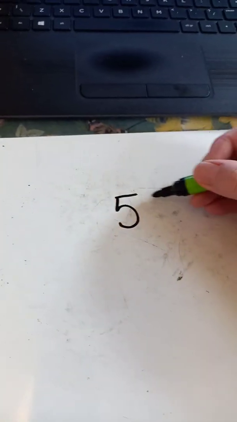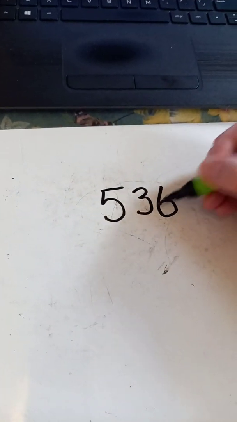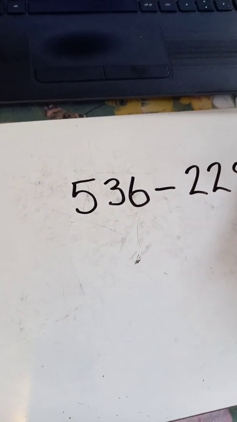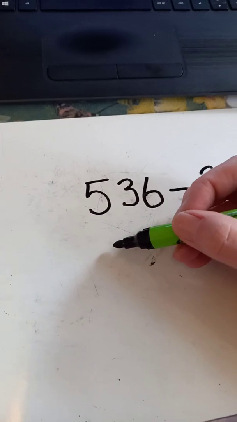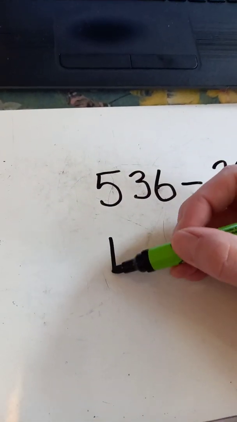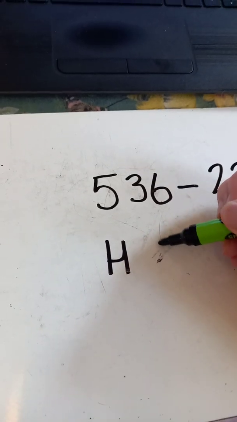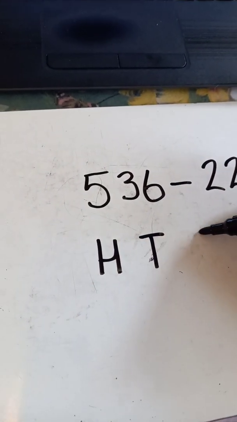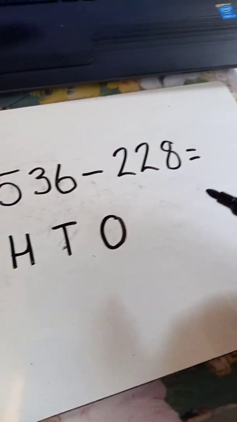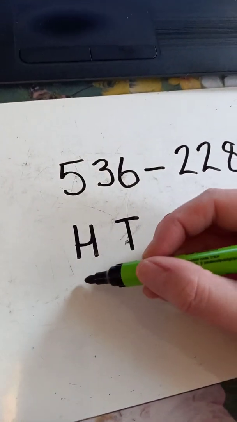So we've got 536 subtract 228. Now, for our column method, we've got a 3-digit number, therefore we'd have 3 columns. We'll have a hundreds column, a tens column, and a ones column. Now we're going to write our subtraction calculation in as it appears. So we've got